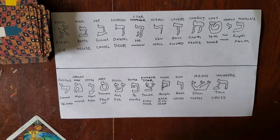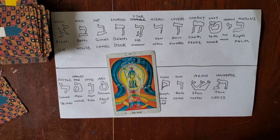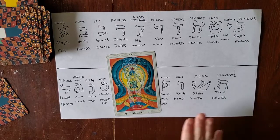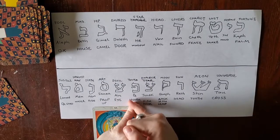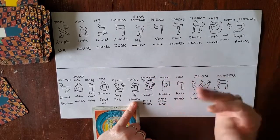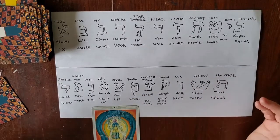Then we have the Aeon card, which is Shin. I want to say that my research turned up more than tooth, but I was wrong. Now, Crowley says that it means 2 front teeth, like in your mouth. So I thought, okay, with teeth, or tooth, is how the research goes, we've gone from mouth, which was the tower, right? We're spouting all our shit out. But we've hooked things, we're chasing new things, we're figuring out our shadows versus our lightness, and then what's our teeth? What could that mean? The sharpness of us as a new person,